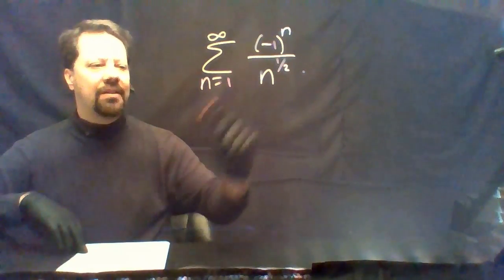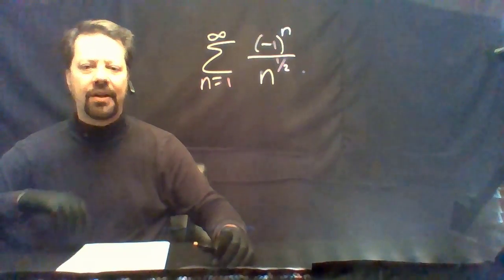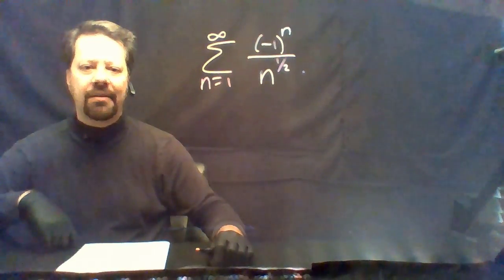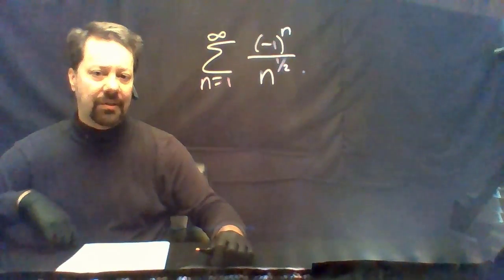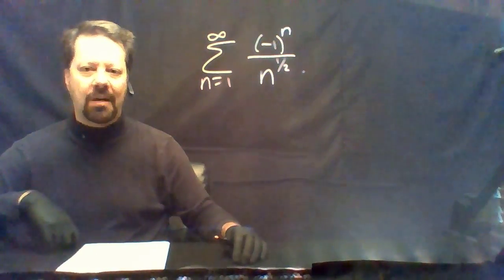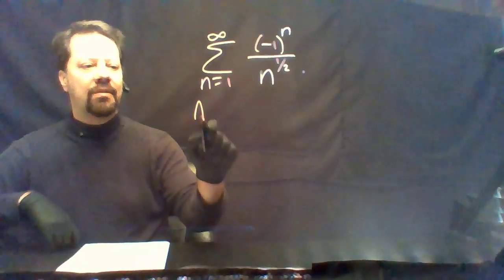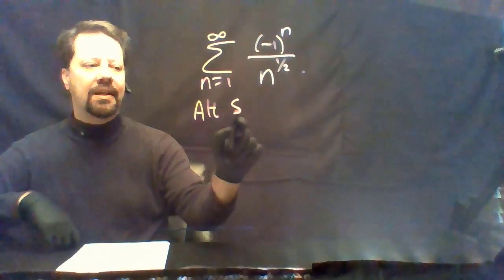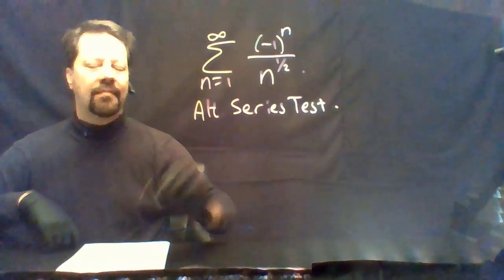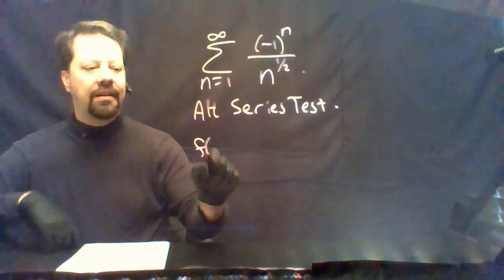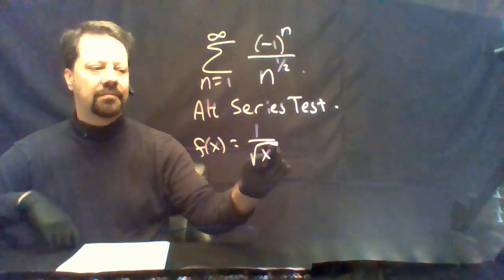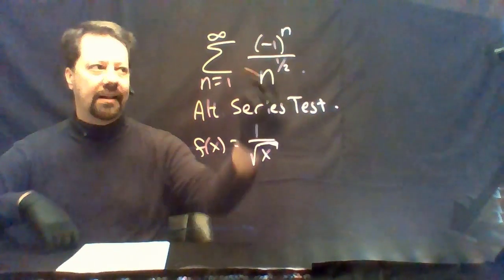This is an alternating series, and we need to determine not only convergence or divergence, but we also need to determine whether or not convergence is absolute or conditional. So there's more work on alternating series problems. First of all, we may use the alternating series test. If we look at the function f of x equals 1 over the square root of x, which corresponds to everything except for the negative 1 to the n,